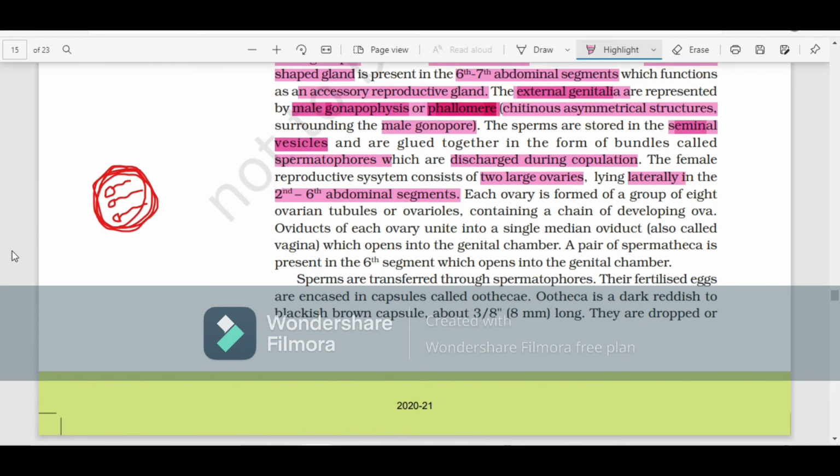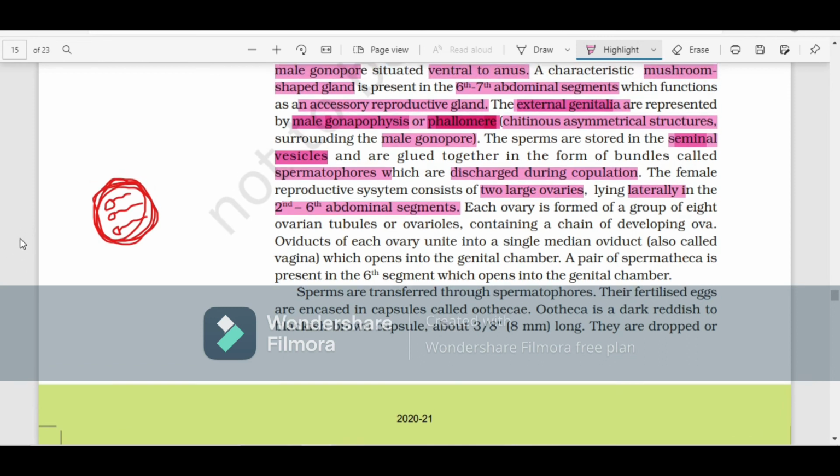Fourth to sixth. The mushroom shaped glands were from sixth to the seventh. And what was the role of the mushroom shaped gland? They were just the accessory reproductive glands. Okay, so